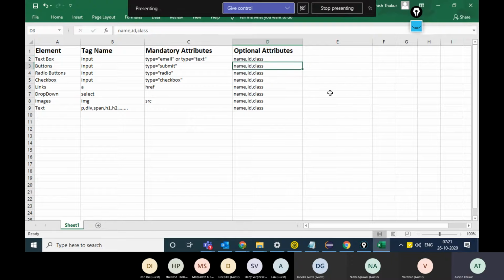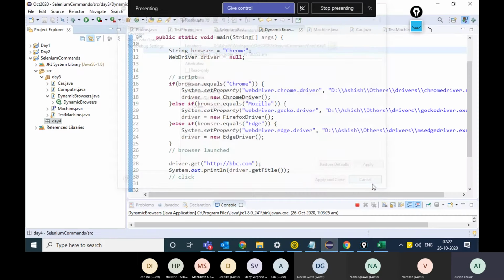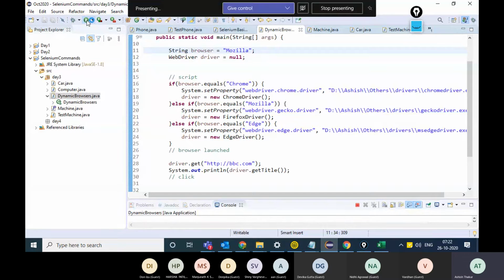Now, how do we use these things, whatever I've taught you, to identify the elements? First of all, if you talk about other browsers, for example Mozilla, how do you inspect the elements in Mozilla?